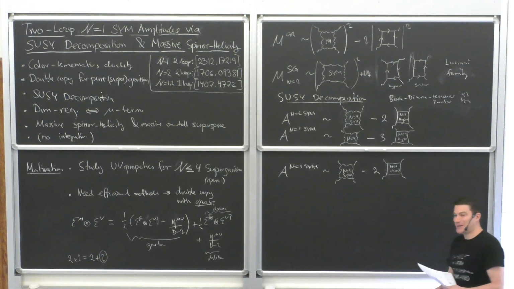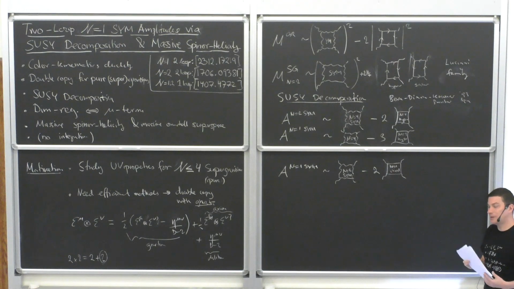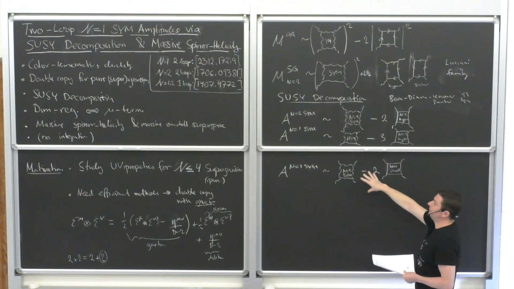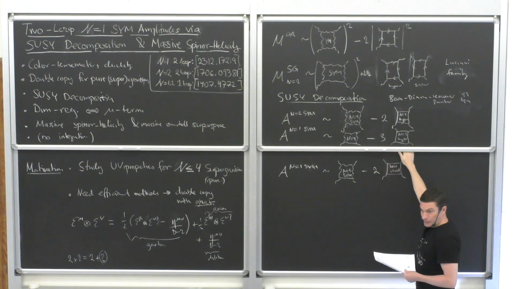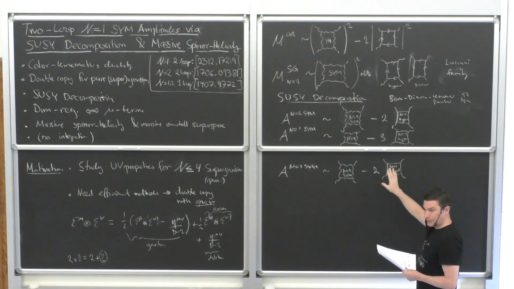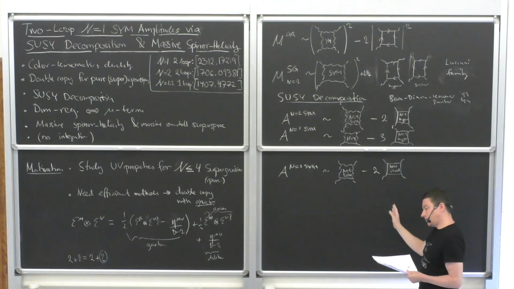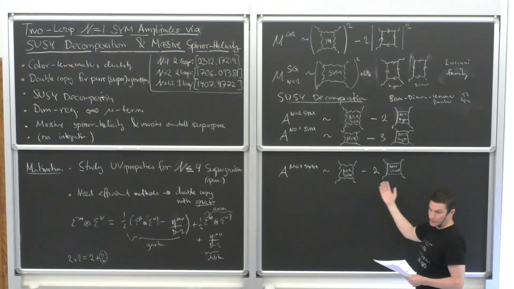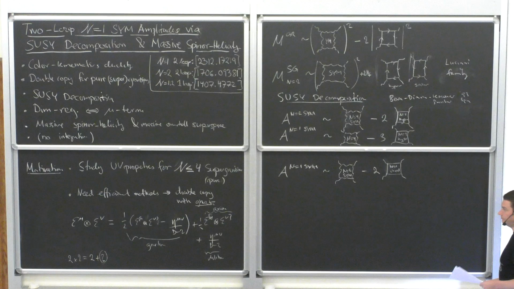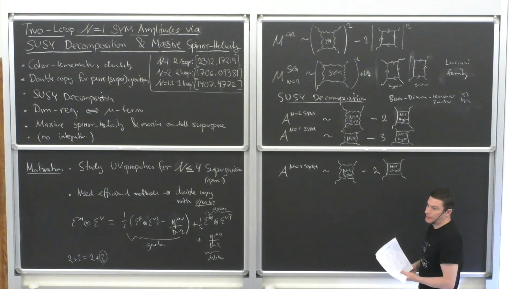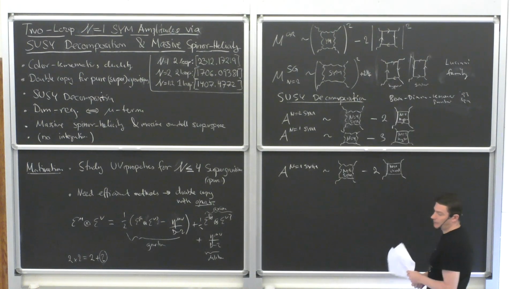Yeah, so that's what I will come to. I will also then extend it to 2 loops. But it gets a bit trickier at 2 loops. Here you could easily have written the identity just in terms of partial amplitudes, like color-ordered amplitudes. At 2 loops, that's harder. I think you could probably do it, but it's a bit harder to see how it works. So at 2 loops, I will also use diagrams to do it. Essentially, I'm just doing linear operations on diagrams, and those linear operations you can map to the partial amplitude as well.